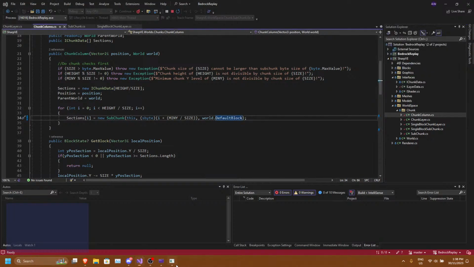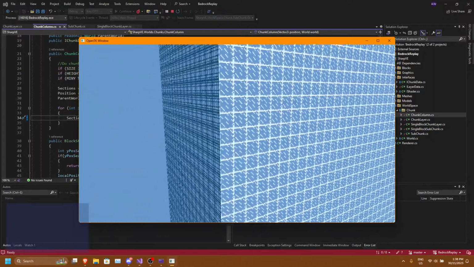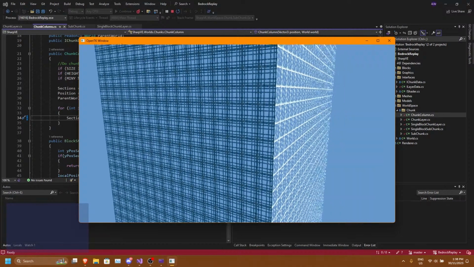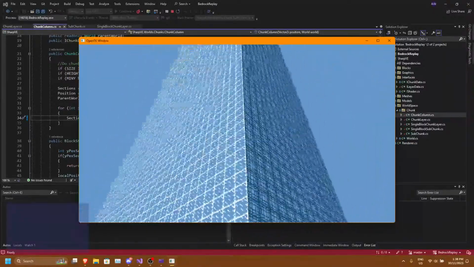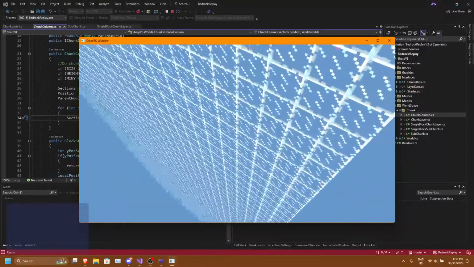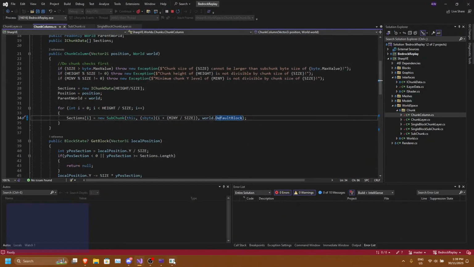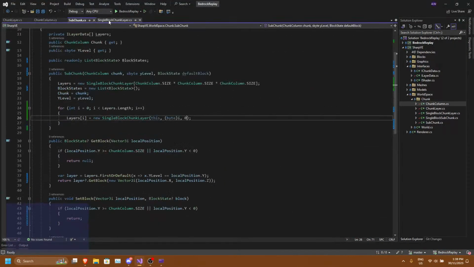Are you working on Bedrock Replay? Yeah. How did that change? Oh, because I'm using the default block, not the unknown block. Oh, that makes so much more sense. That's why it's glass, because I was testing the default block to be a glass. And it's got some other textures on it as well. Okay. Oh, I can see the block chunks and everything in that parameter. Alright, that should do it.